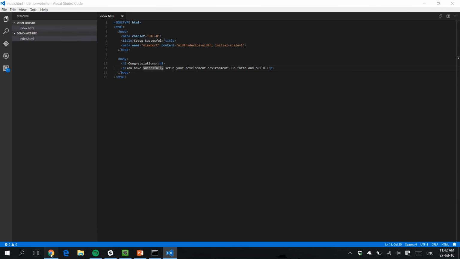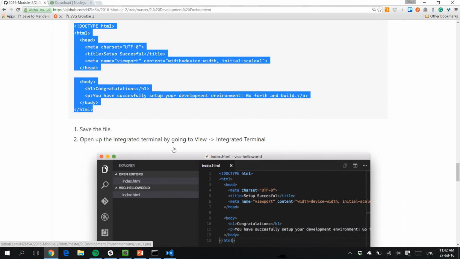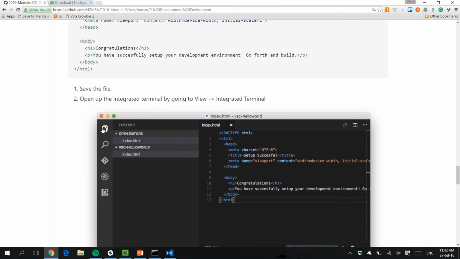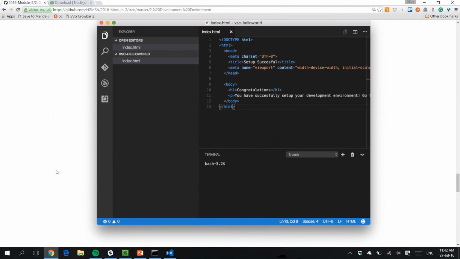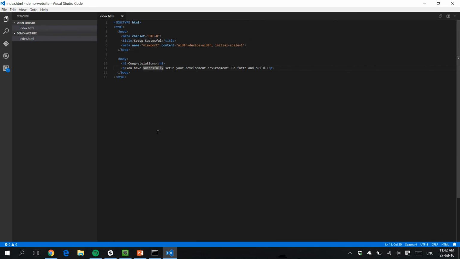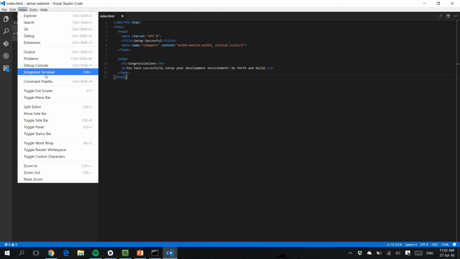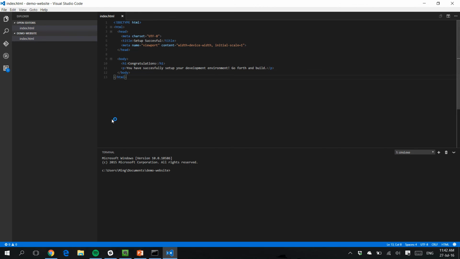Which we just installed. So if you go onto the files, oops, sorry, forgot to say save the file, which I did. So now what you want to do is test this web page using browser sync. Now to open the terminal, you can just go View, Integrated Terminal, or just press Ctrl-tilde. So this opens up the terminal or command prompt in your current directory, which is the directory we just created,